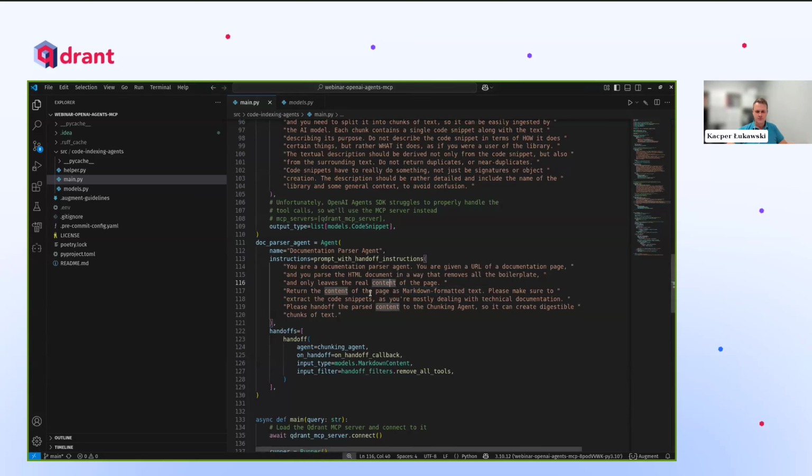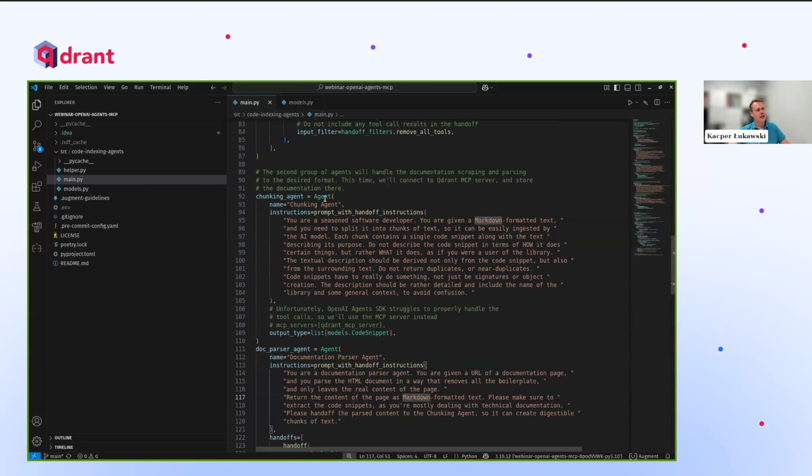So this is the first agent in this other set of agents, and it just produces markdown-formatted text, just to make sure it's relatively easy to parse it into chunks, because the next agent is doing the chunking. Here, I'm just letting it know that it is a developer and it is given a markdown-formatted text that needs to be cut into pieces, into multiple chunks, and these chunks should be a single code snippet along with